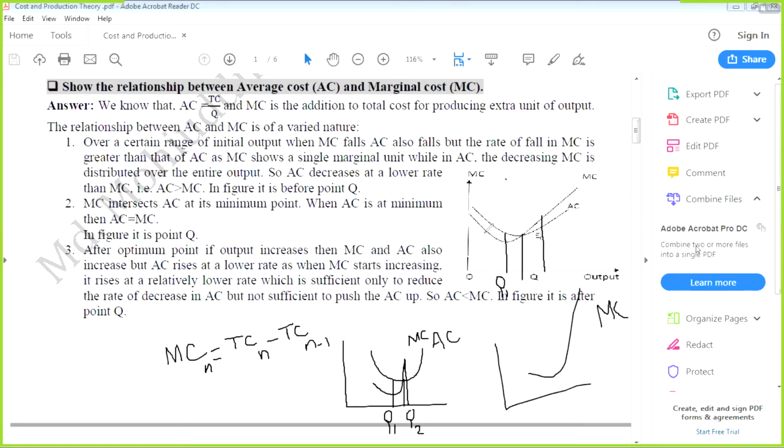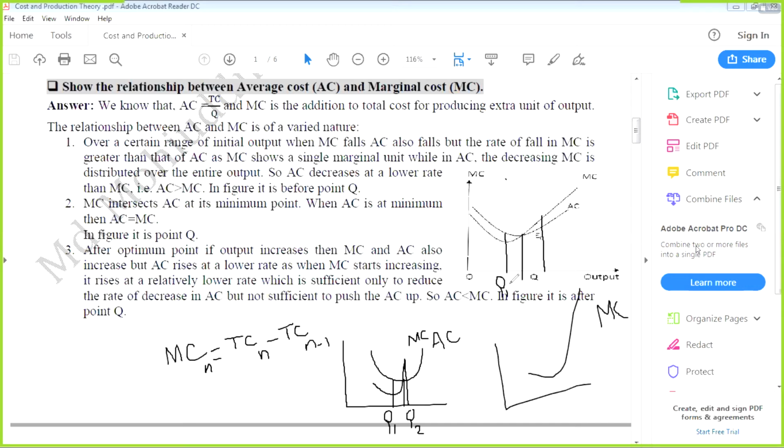Actually, when you draw the original diagram, it can be easily shown that marginal cost is the falling rate. Look, this is not about being below. I am not saying that marginal cost is below average cost. I am saying that marginal cost actually changes quickly; its changing rate is quicker than average cost.